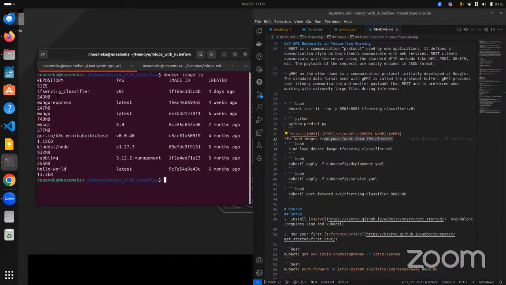I have the TF7 classifier running. I have Mongo Express, Mongo. I have MySQL. I also have Minikube. Minikube is also like a Docker image, kind is also a Docker image. I have RabbitMQ and I have Hello World, that most likely came with a cluster. So